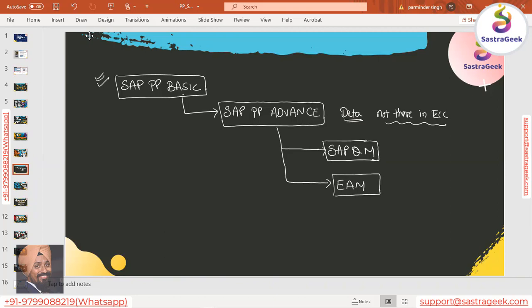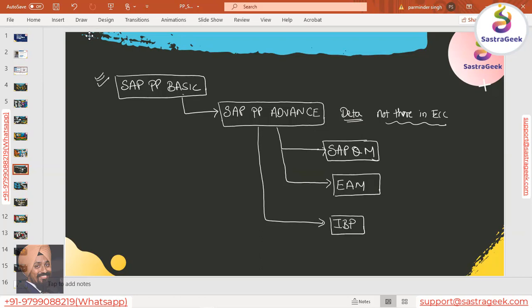One more thing to enhance your profile: from the PP Advanced, if you want to jump ahead and make your profile really strong, you can jump into IBP, Integrated Business Planning.